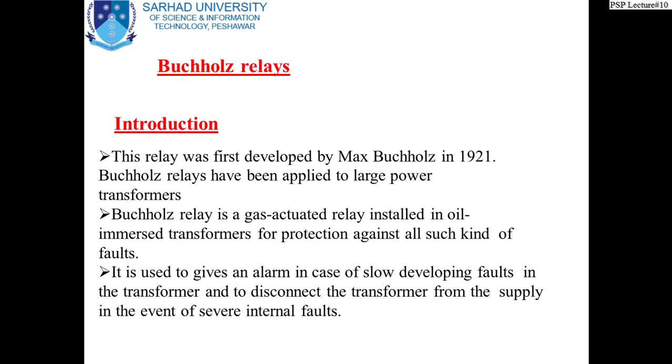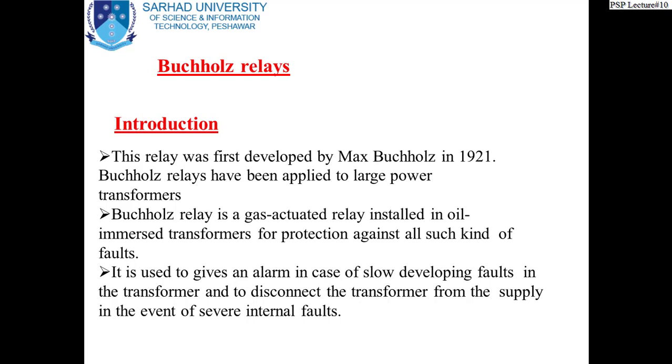In the high range protection, differential protection is the main protection. But overcurrent is also used as a backup protection. I'll give you a map or circuit which combines all these protections in one diagram at the end of this. Buchholz relay. Okay, now Buchholz relay